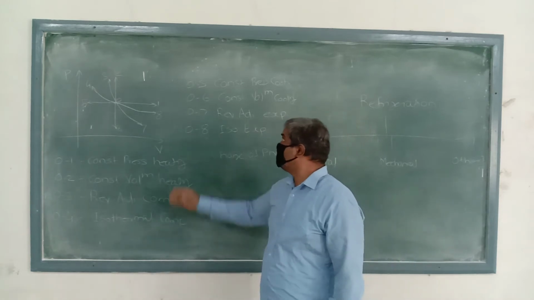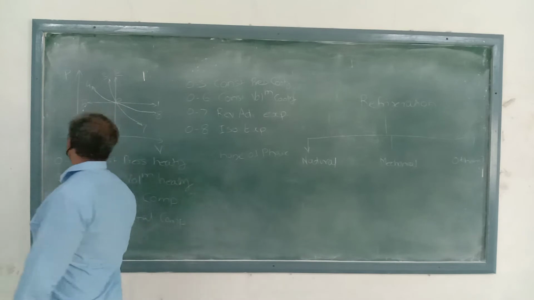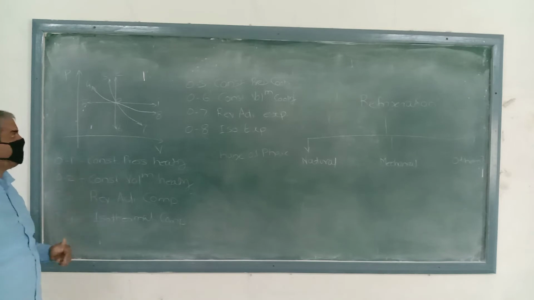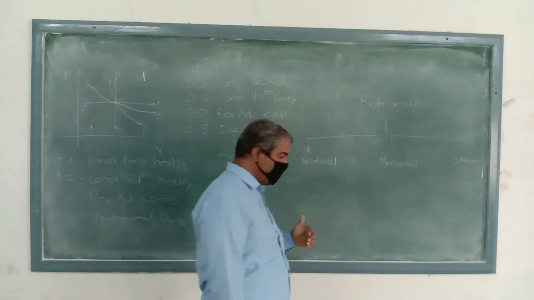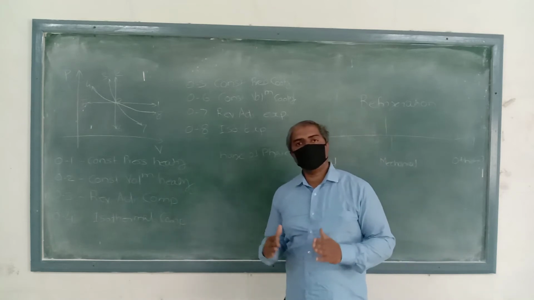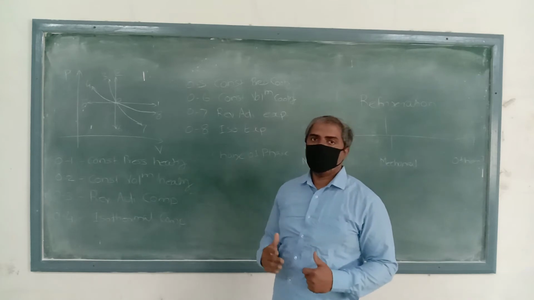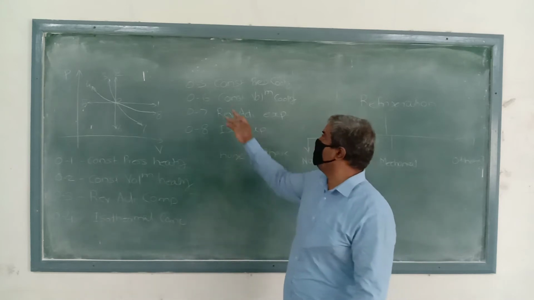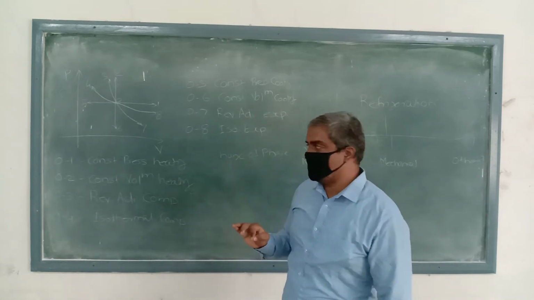Now the next process, 0 to 5. Again you can observe here the 0 to 5 process. In this process the pressure parameter is constant, but you can see volume is decreasing. So this is a constant pressure process, but we find that temperature as well as entropy is decreasing. As temperature and entropy are decreasing, we call it a cooling process. So 0 to 5 is a constant pressure cooling process.